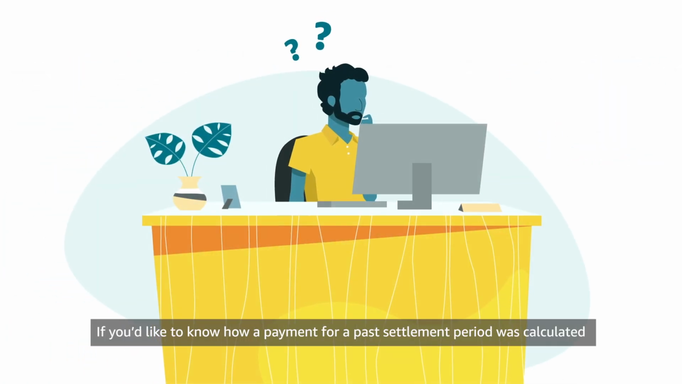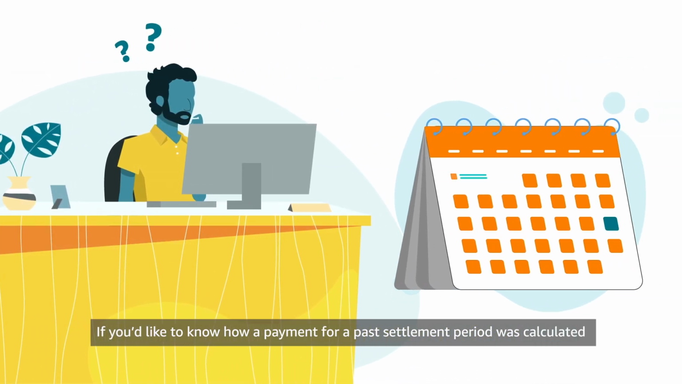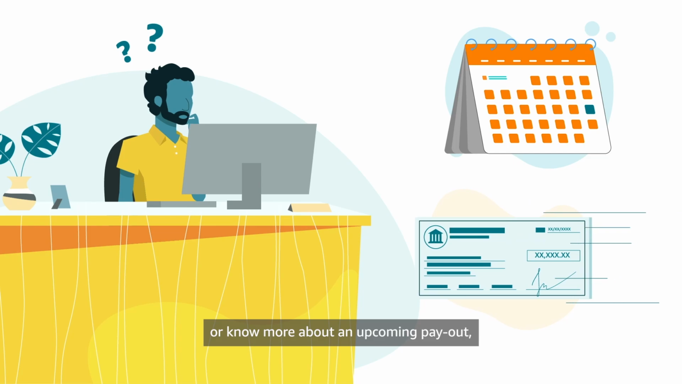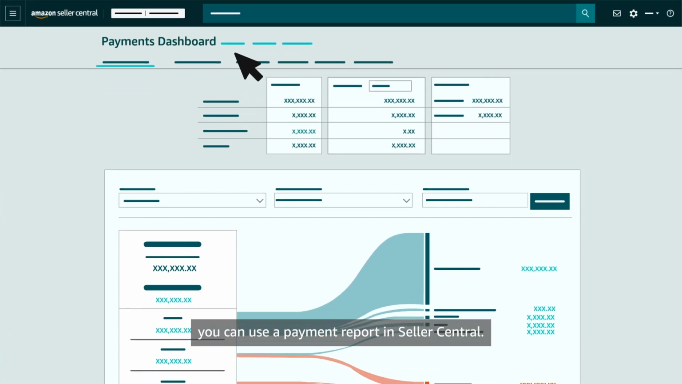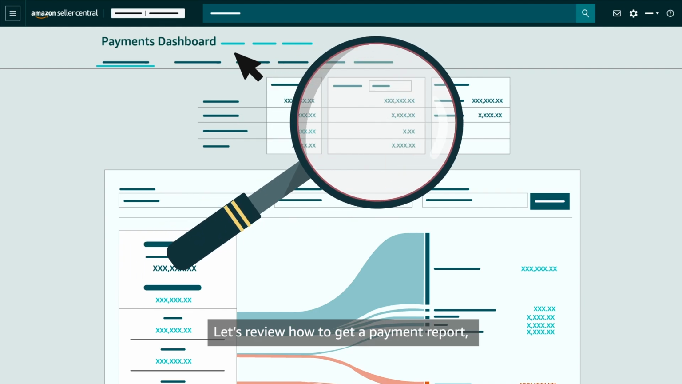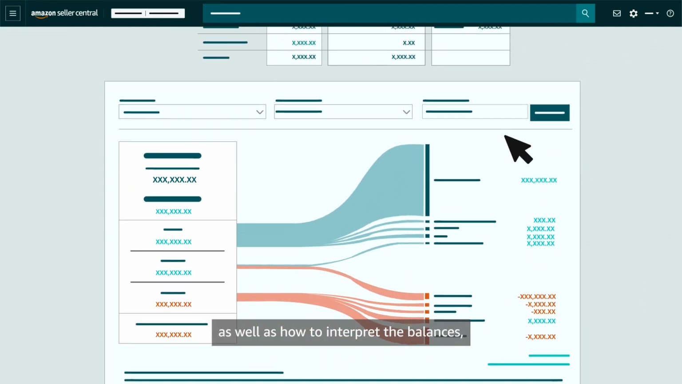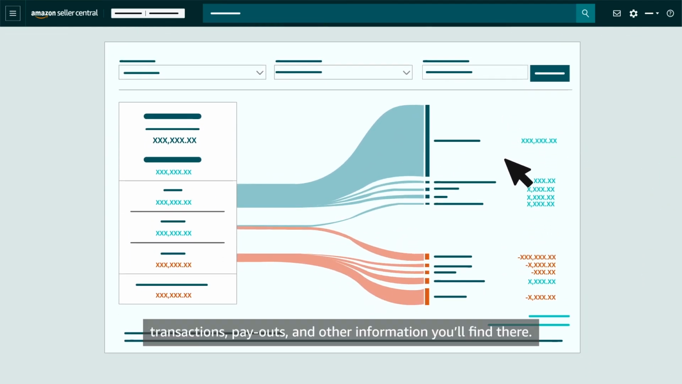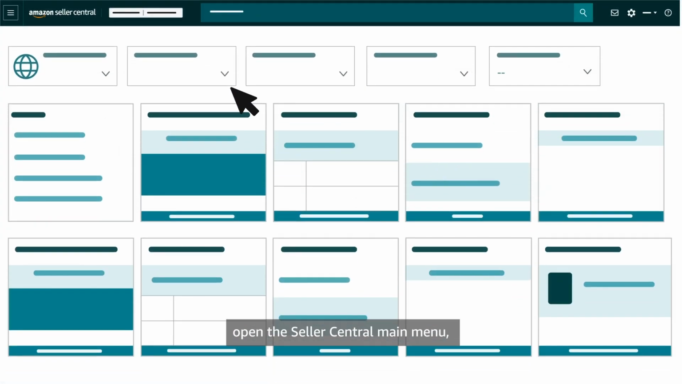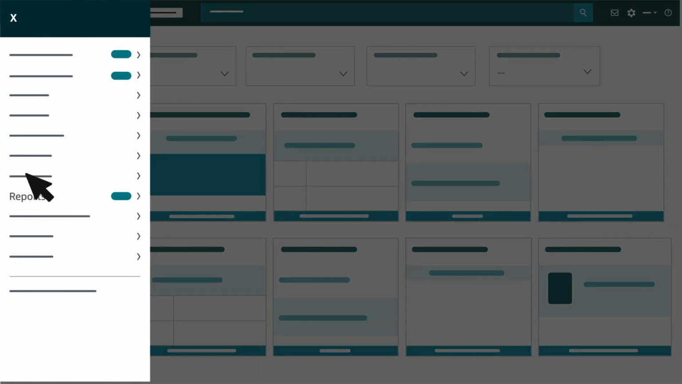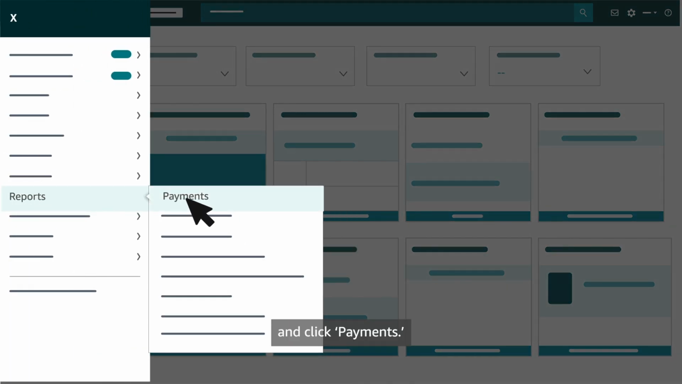If you'd like to know how a payment for a past settlement period was calculated, or know more about an upcoming payout, you can use a payment report in Seller Central. Let's review how to get a payment report, as well as how to interpret the balances, transactions, payouts, and other information you'll find there. To locate your payment reports, open the Seller Central main menu, hover over Reports and click